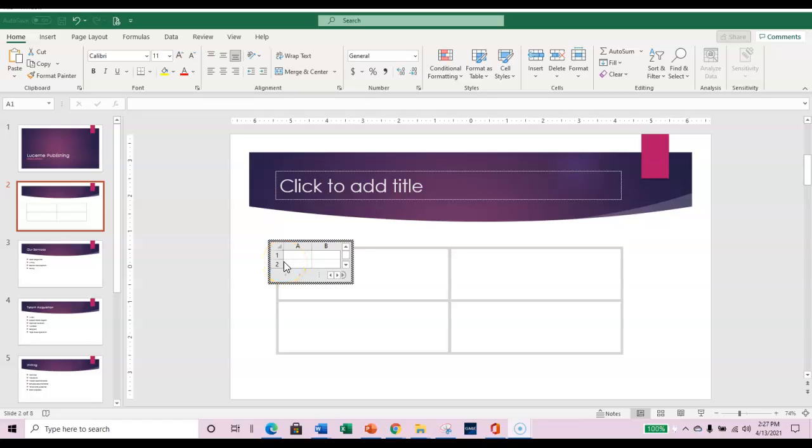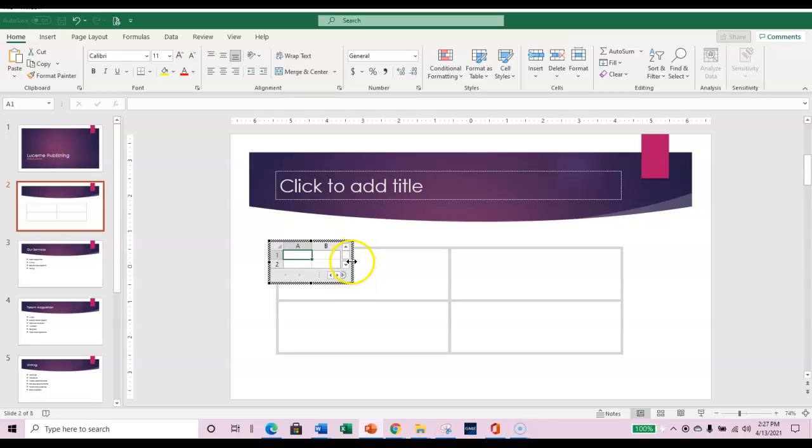Hi, just a quick little supplement on how to put an Excel spreadsheet into your PowerPoint slide. When you go to insert an Excel spreadsheet, you come up with this right here. And to make it bigger so you can type more than just a couple things in here, when you click